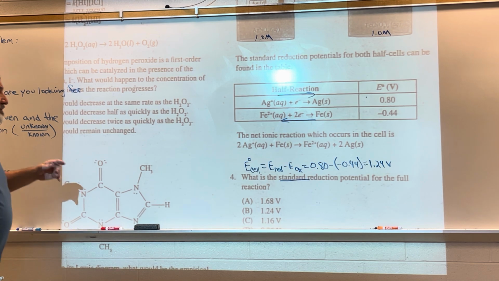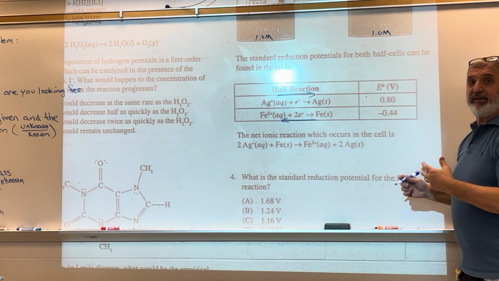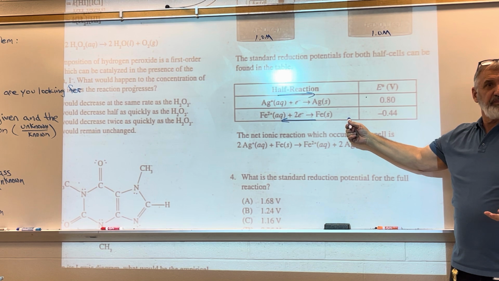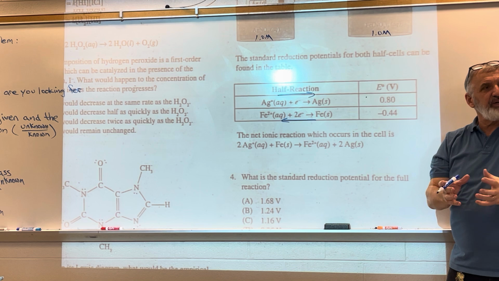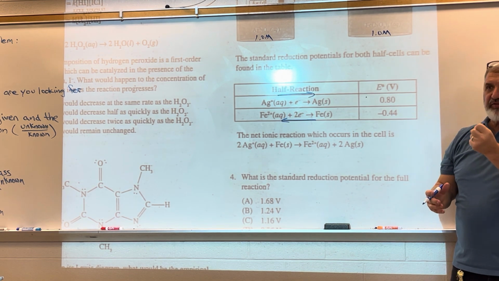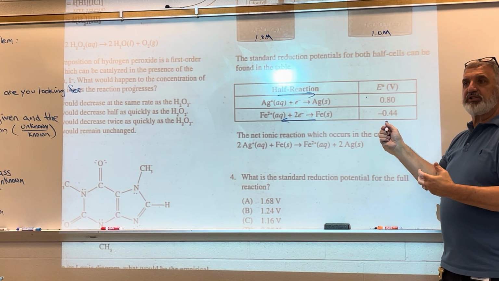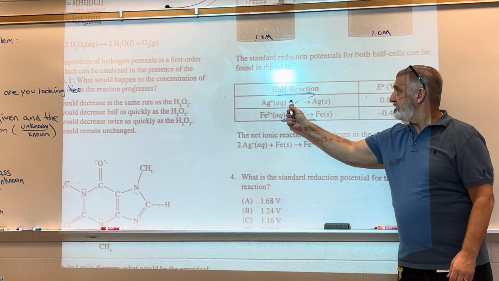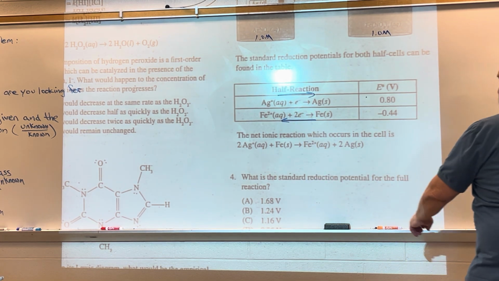Okay? So that's number 4, super easy. But I want us to know that if in a free response question we have to write the balanced net ionic equation, the oxidation is always going to be the opposite direction. Everything's always written as a reduction potential, but in any redox reaction, one thing gets reduced, the other thing gets oxidized. The thing that has the lesser reduction potential is going to get oxidized, it's going to go the opposite direction. And then you balance your electrons. Okay? Alright, so now let's look at